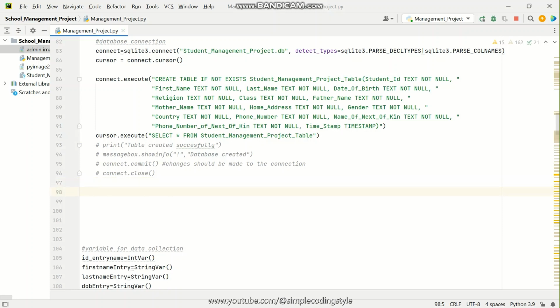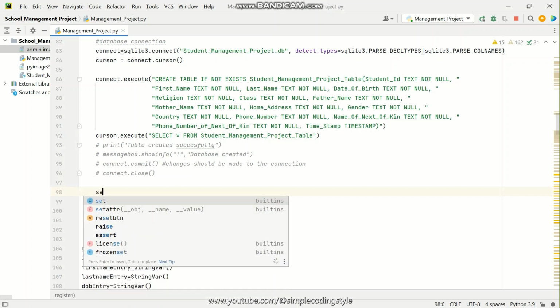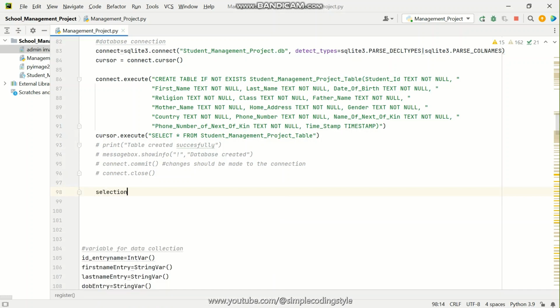For the next stage, I'm going to use a variable, which is going to help us check for existing entries. I'm going to use this variable called selection, and in these brackets use an SQLite statement to select